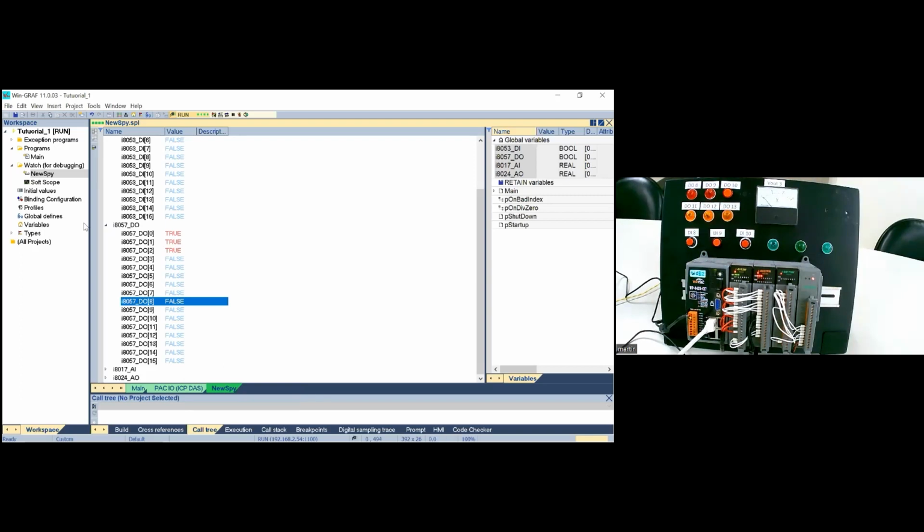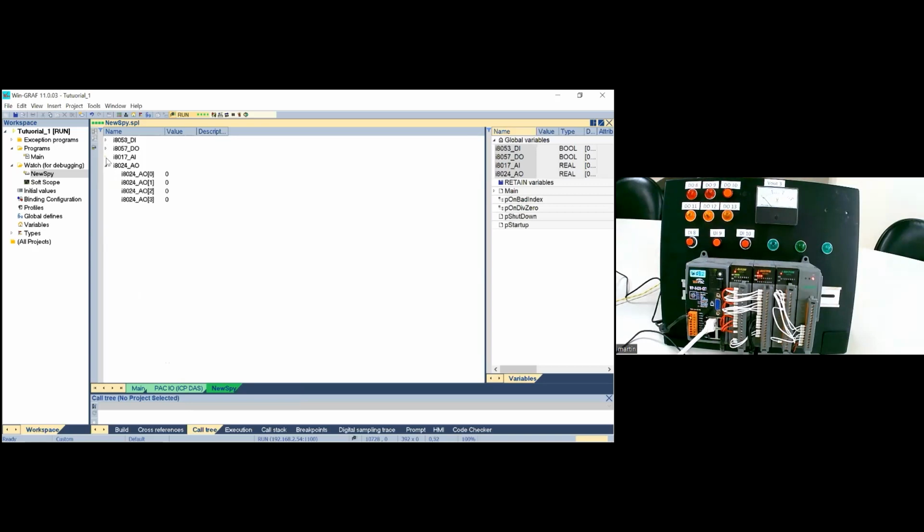The same procedure can be done with the analog input and output module. As I already said, the first 3 analog output channels are connected to the analog input module. Just double click it, set a voltage output of 5, and you can see the analog input channel shows a voltage of about 5. Or you can also enter negative numbers, for example minus 10, and here you can see